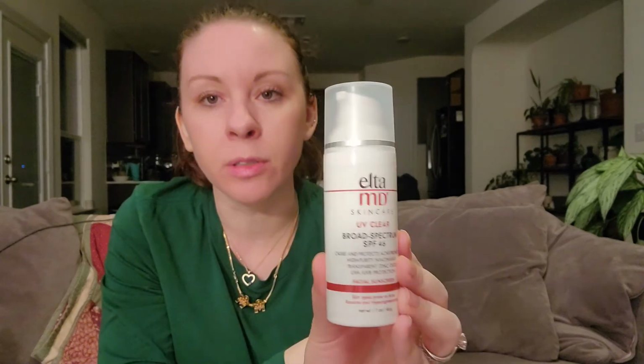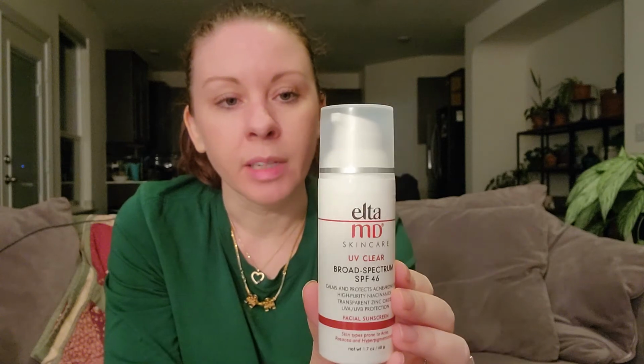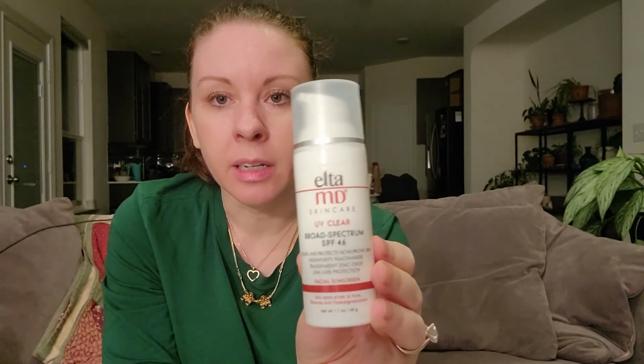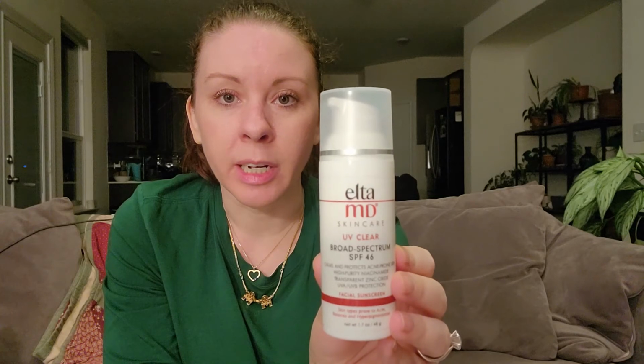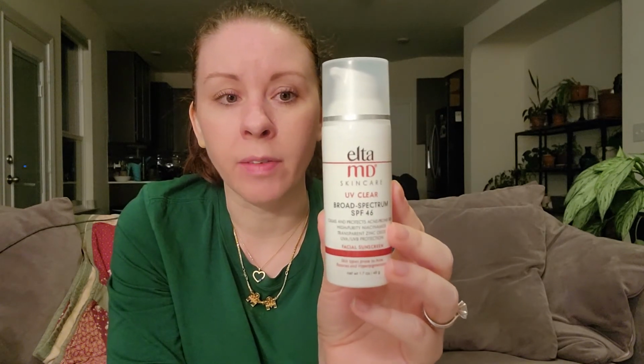But this is a sunscreen that I've used pretty much since I had the procedure done. I used this before as well, but it's a good, pretty heavy duty sunscreen, but it goes really well under your makeup and blends nicely. They also make this in a tinted version, which I have and am out of. And honestly,